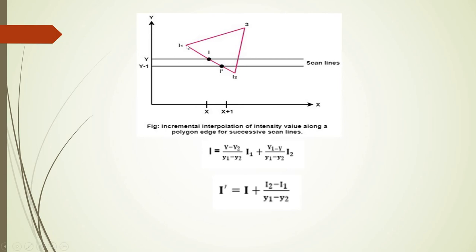Once we have calculated this interpolation, try to understand I1 and I2, we have calculated this, then we can use that I along with I2 minus I1 divided by Y1 minus Y2, and we will get the next I dash as well. And so on, we will increment or decrement our scan line to calculate each and every pixel